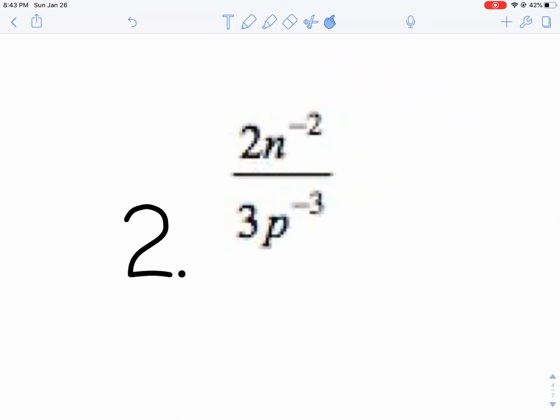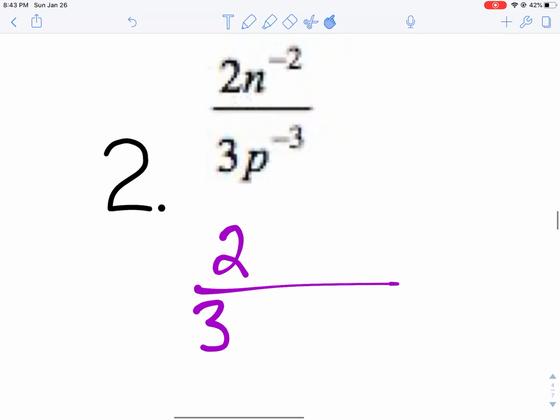If I look at the second one, we have 2n to the negative 2 over 3p to the negative 3. The 2 and the 3 are going to stay just how they are. Now, if they were numbers where you could simplify them, you would want to simplify them. Remember, fractions are division, so you would divide whatever those were, but 2 divided by 3 just is going to